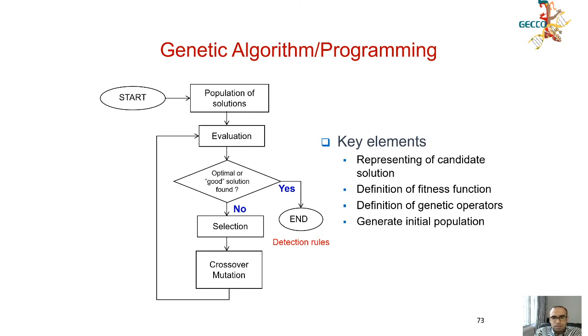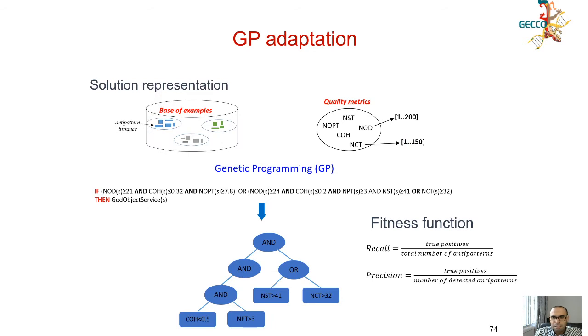So, similar to any other genetic algorithm or search-based algorithm, there are a few key elements that need to be defined for the adaptation, which are the representation of candidate solution, the definition of the fitness function, definition of genetic operators, and finally the generation of the initial population. So in our adaptation, the solution representation,